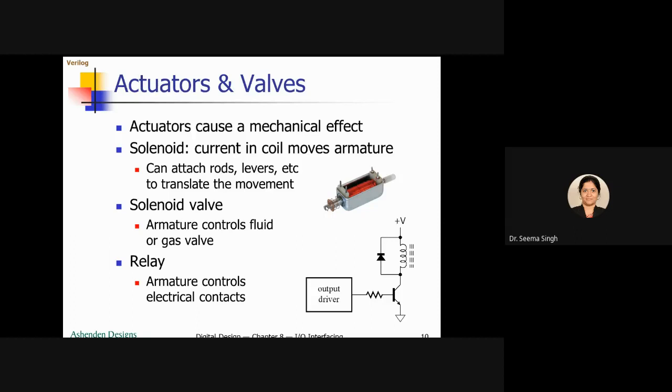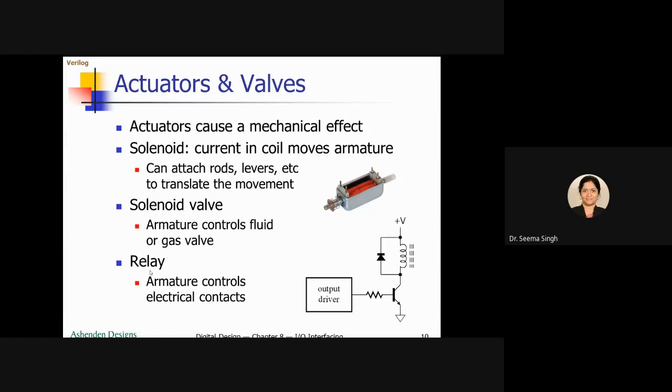That is why it is called an actuator, because it is actually producing the physical commands. So a solenoid is used for opening and closing of a valve, and also this can be used to translate the movement to other types of actuators.